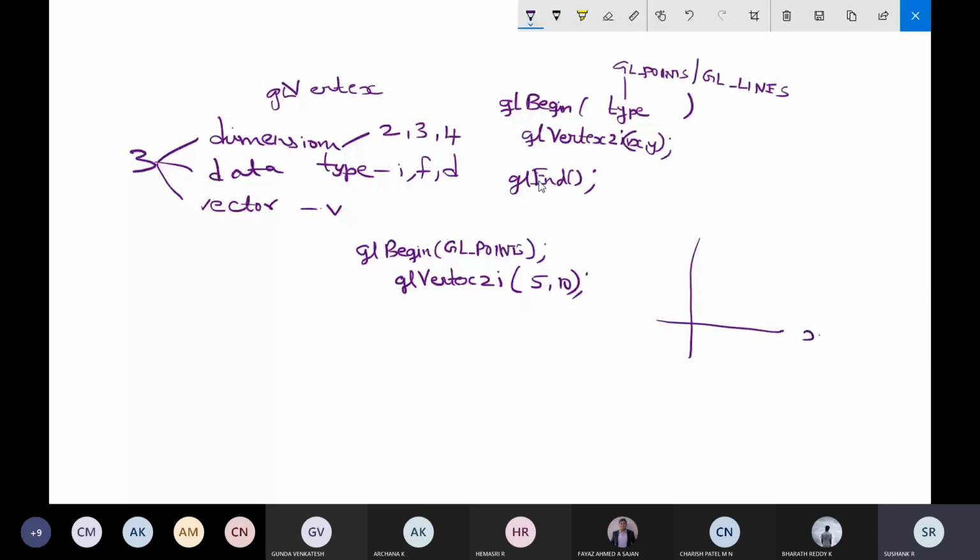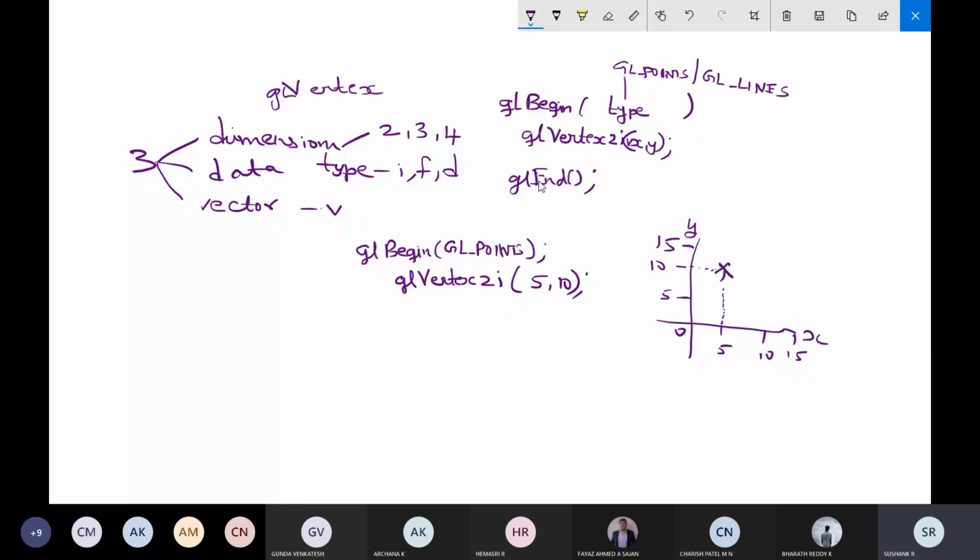X coordinate, Y coordinate. I'll mark the axes as 0, 5, 10, 15, and here also 5, 10, 15. If I write vertex 2i 5 comma 10, then 5 is the x value, and it will come in this location, and the y value at this point. So this is the meeting point.